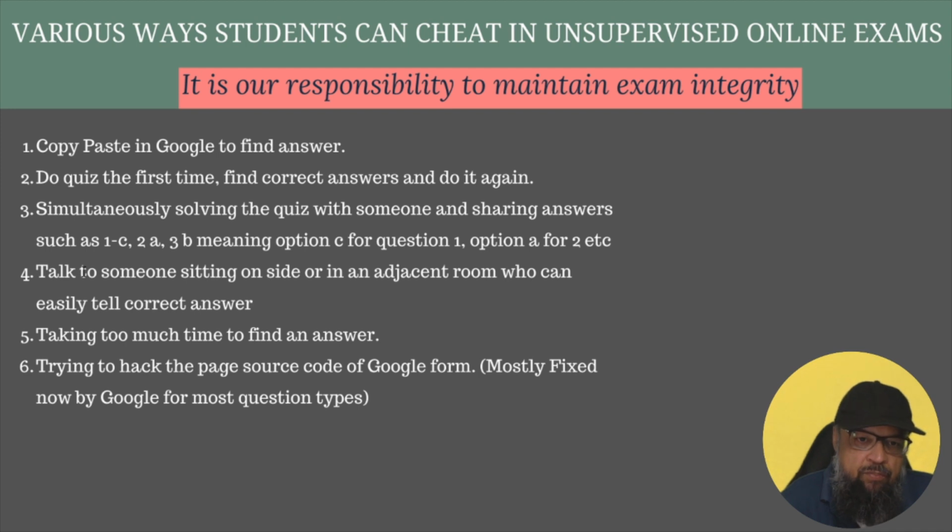Now this has been fixed by Google in most cases, in most types of questions. Previously, in multiple choice questions, which is a very common format, if they looked at the page source code, there was a pattern and they were able to distinguish between the correct and false answer. They viewed the page source code just by right clicking, and then at the end there is an area where all of the answers are written, and they tried to find a pattern which would distinguish between a correct answer and a wrong answer.